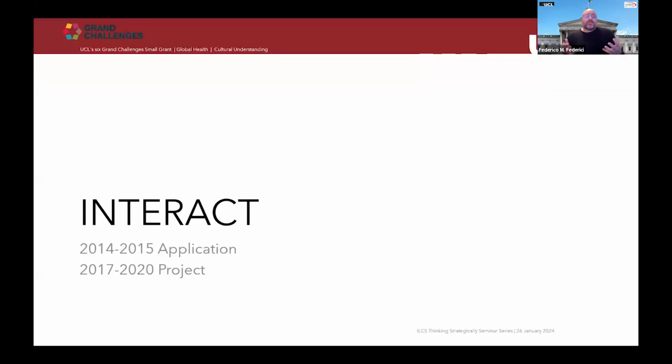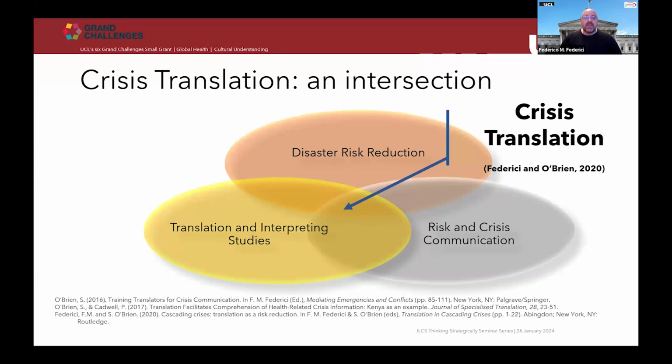So my example has to start with Interact, because it gives you a little bit of the sense of how my current research continues to be in the area of multilingual communication in a crisis setting. And within Interact, the project itself was structured around a sort of balance of 3 academic partners, 2 commercial partners, and 2 strong NGOs involved. And what we were investigating was the role of translation, but then immediately we realized that translation wasn't the only multilingual tool, but also interpreting and many other intermediate ways of enabling communication related to healthcare principally, but then in general related towards preventing risks to personal health,